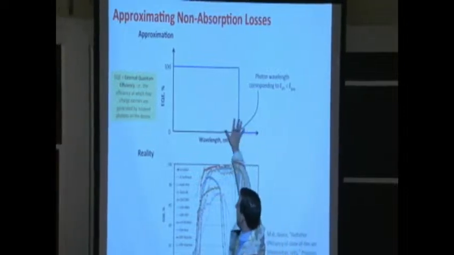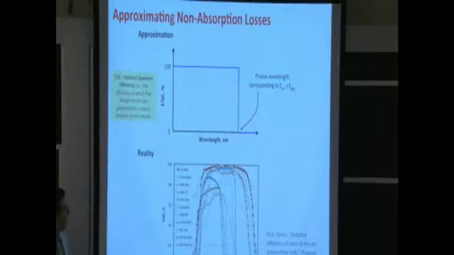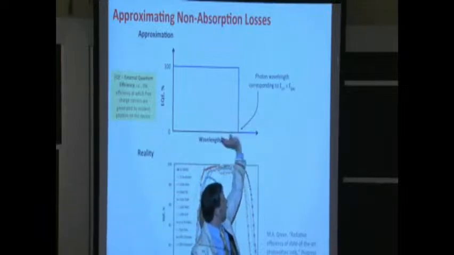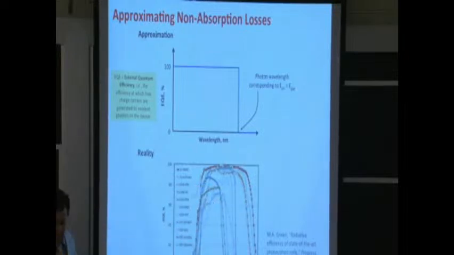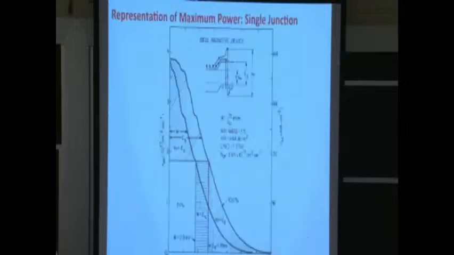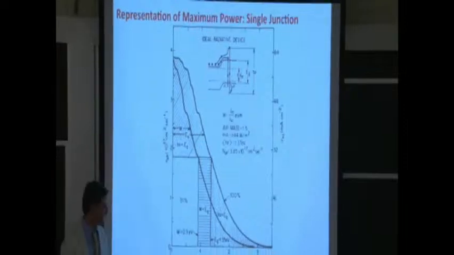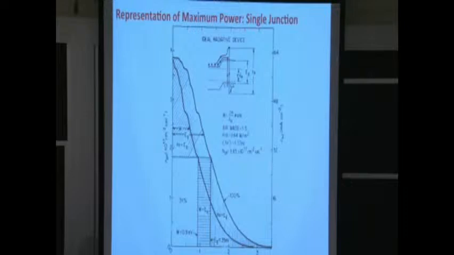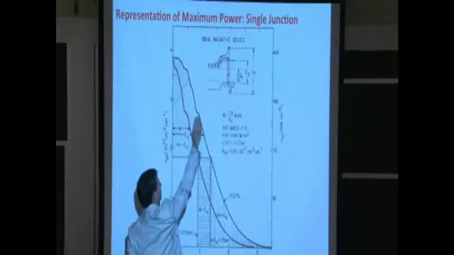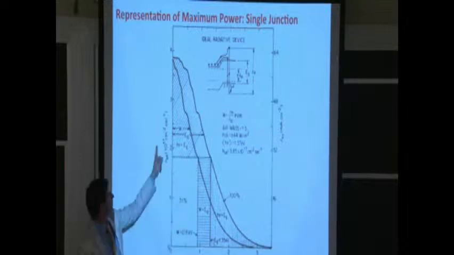We're going to combine this simple approximation right here of the non-absorption losses. And we're going to say that any photon with energy less than the band gap doesn't get absorbed by our crystal. It's gone to us. And we're going to make the approximation that any photon with energy above it will have that excess energy lost due to thermalization. We put those two things together, and one very convenient way of representing this is shown in a paper in 1980. Let me walk you through it. So this curve right here, this outermost curve, represents the solar spectrum, energy versus number of photons. Right? So we have a